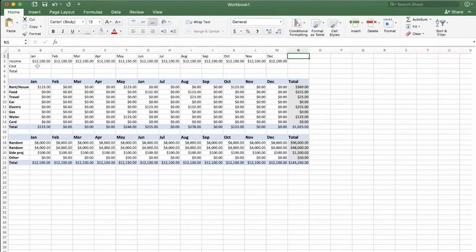And now I want to do the same thing with cost, all my outgoing expenses. So again, I'll go up to the formula bar. I always start with an equal sign when I'm doing a formula, and then I'll select the cell that I want to choose. So I'll choose my total, hit enter, and then notice there's 123, right? It's the total of all my expenses.